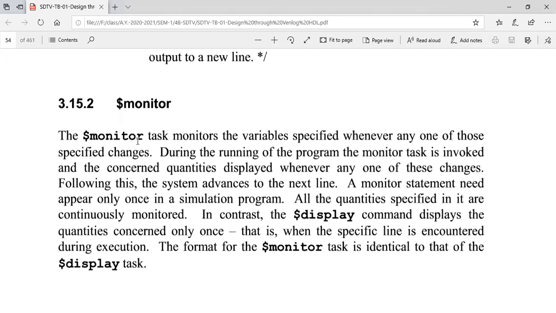What you have done in VHDL is the same thing we are doing here. You want to monitor whether there are any changes or not.